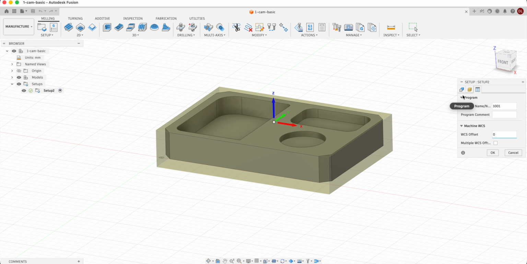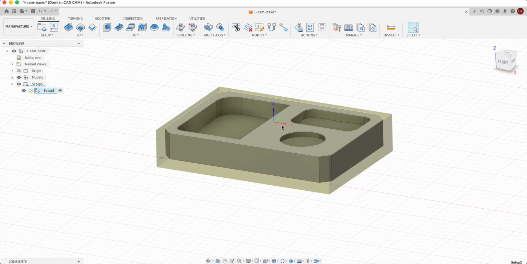We have these settings. We click OK here, and this is how we set the work offset. That is, we defined the position of the coordinate system origin, and this point is the reference point relative to which the machining program will be